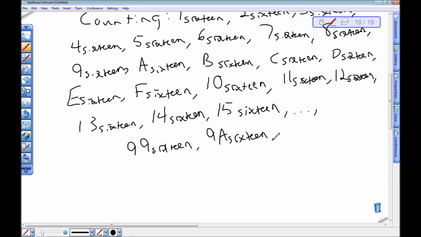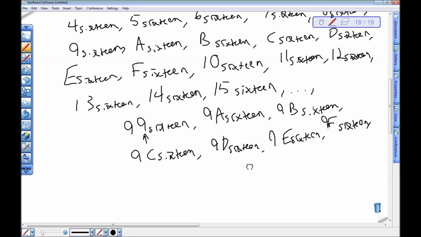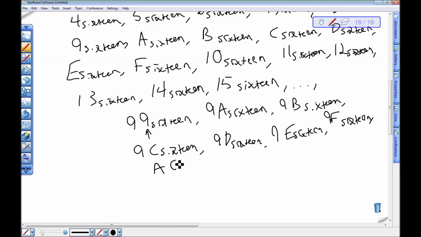Because I can go up one more in this digit, I can go up to an A. So 9B base 16, 9C base 16, 9D base 16, 9E base 16, 9F base 16, and then my next number is going to be A0 base 16, right? Because I can go up one more in this digit, so I go up to A,